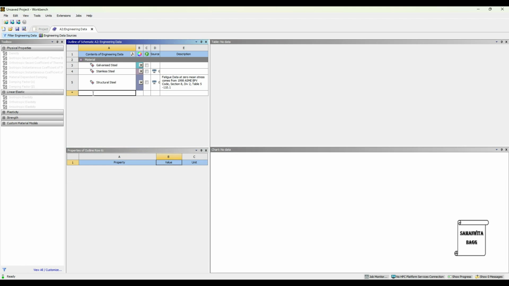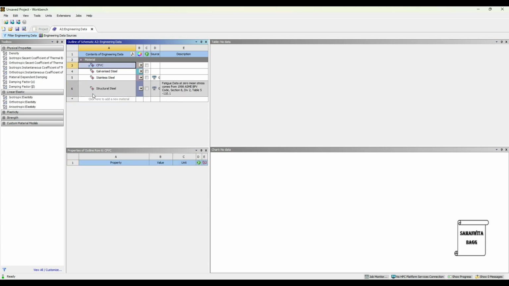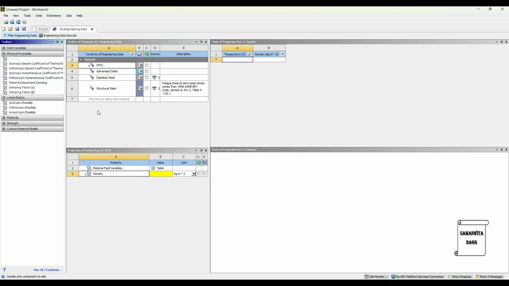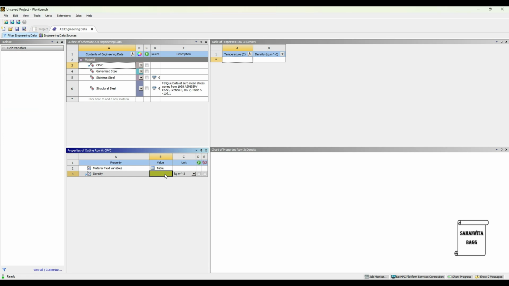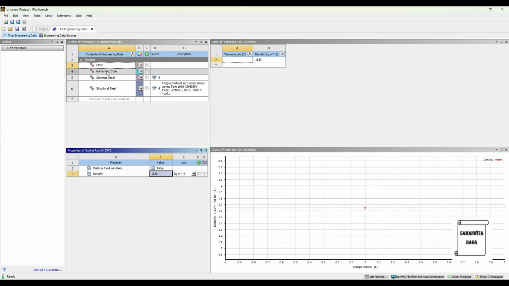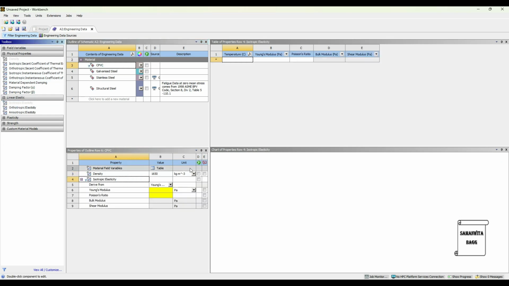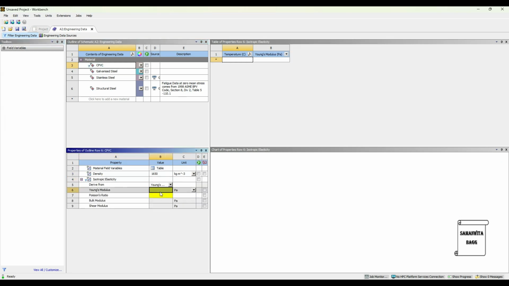Then I'll add the third material, that is CPVC, chlorinated polyvinyl chloride. For this I'll give the property of density. The value is 1650 kg per meter cube. Also I'll give the value of isotropic elasticity, Young's modulus.